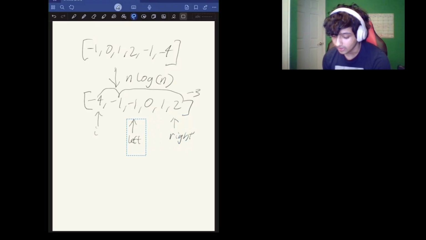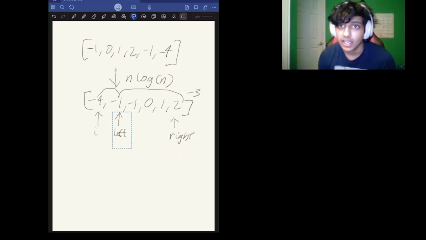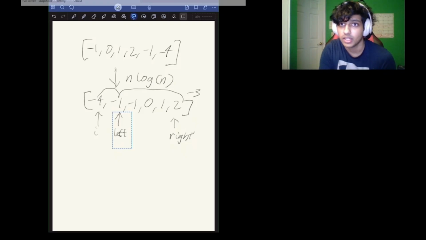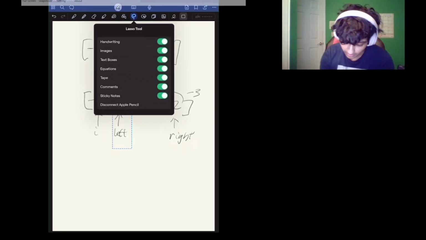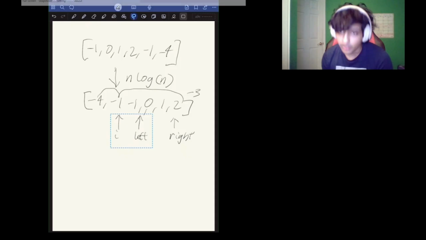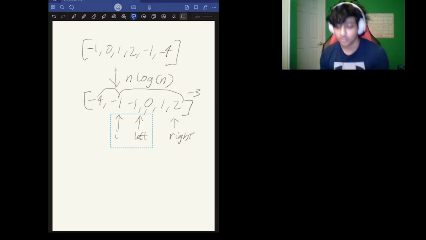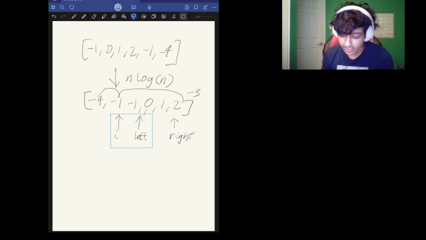And if we never find the value, then once we see that left and right are the same, we can simply switch I back, and we're going to be incrementing I by 1. So we're going to be incrementing these up, and then doing the same thing. And the reason this is way more efficient is because rather than looping through each thing over and over again,